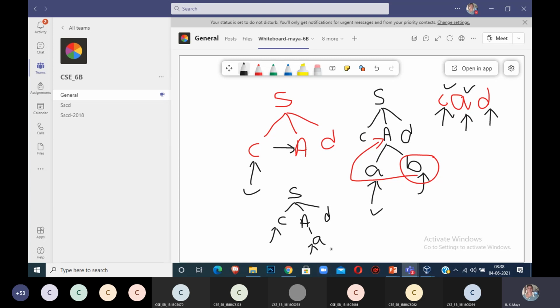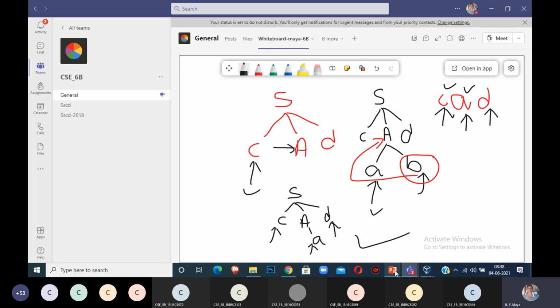Then you increment the pointer to d. Now my current input is d and d is matched. Then you can say it is successful after backtracking. If it is not able to find any one production to reach, then you can say it is a fail condition in this given problem.